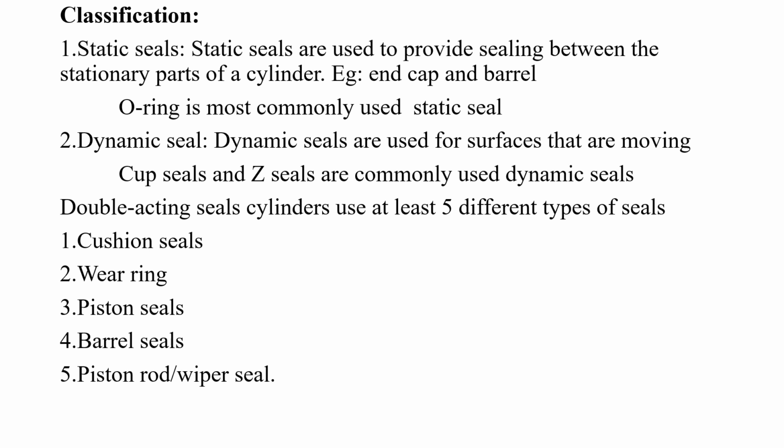Next we have the piston rod and wiper seals. The piston rod has one seal, and the wiper seal is exactly there. It is open to the atmosphere, because it is the end seal which has contact with the environment. So it's the last seal, because it should prevent dust from getting into the system. That is called a wiper seal.